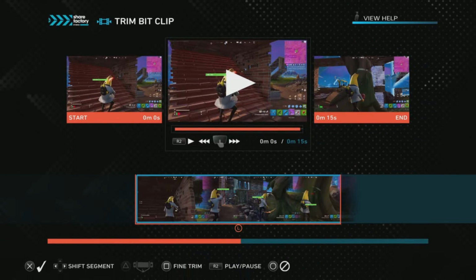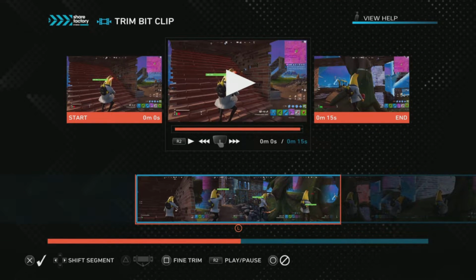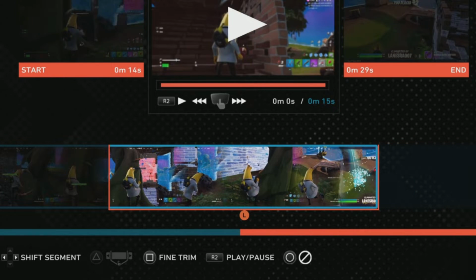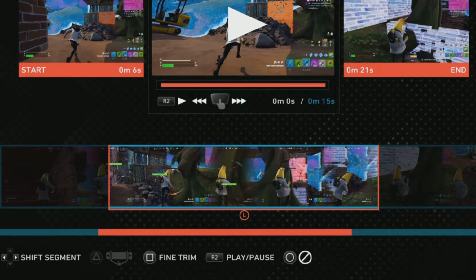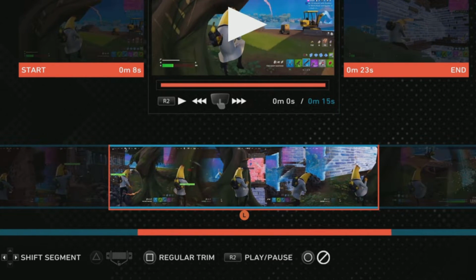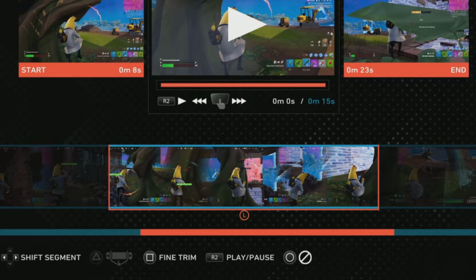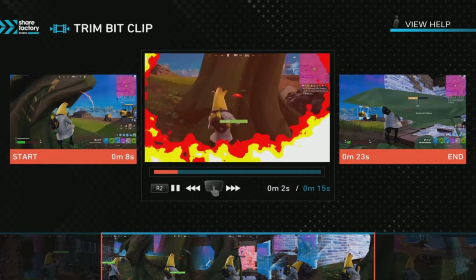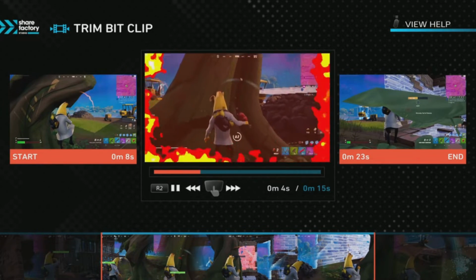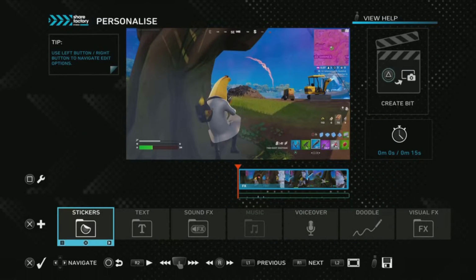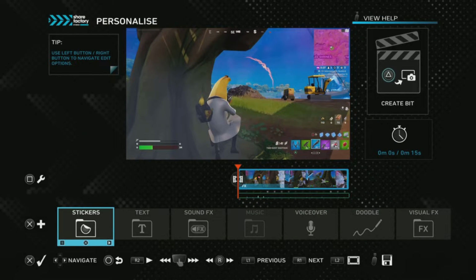Once you've chosen a video clip, you can push the cross button on it, and you can see that we only have a set amount of time that we can use. On this example, it's 15 seconds. Other bits animations may be different times, and you may be able to use the left and right stick to make the start and end points different. On this occasion, you use the left stick just to move it around so you've got the clip exactly where you want it, and you can press play at the top here so you can see what it looks like. Once you're happy with the location of the video, push the cross button.